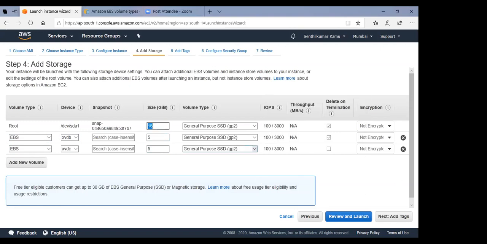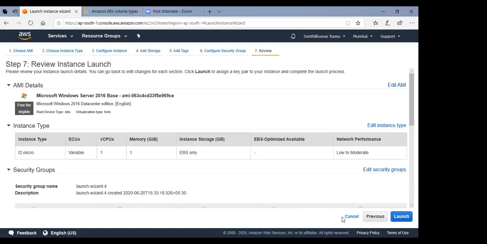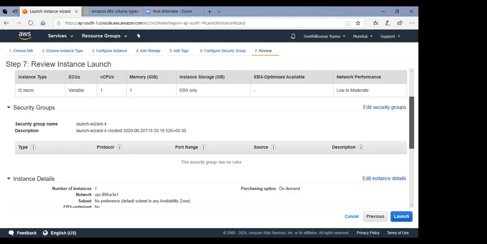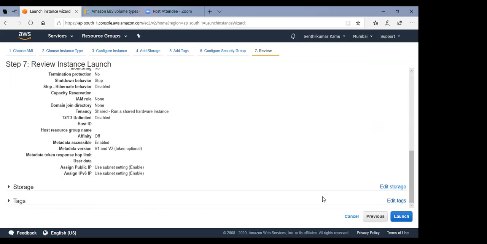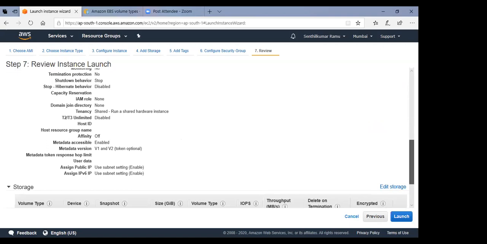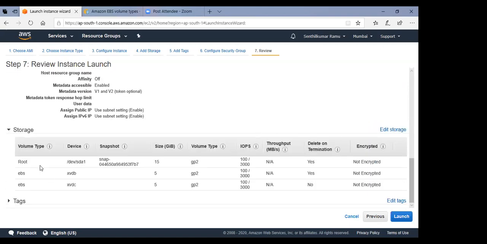Okay. So now I'm creating two different volumes, EBS1 and EBS2. It is vdb and vdc, and you see that root starts with sd, and Elastic Block Store starts with xv. I'm reviewing it. If I'm entitled and if it is a free tier, then it will provision it. Got it? By default, this is what comes with the machine image, the AMI, but I've changed it from 30 GB to 15 GB to eliminate the cost. I've added EBS1 and EBS2 here, and I'll say launch.